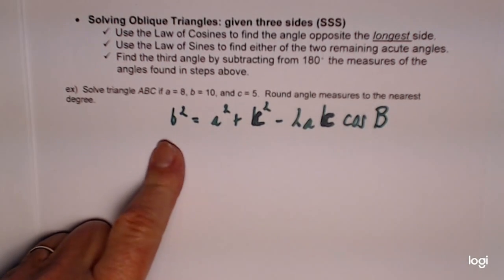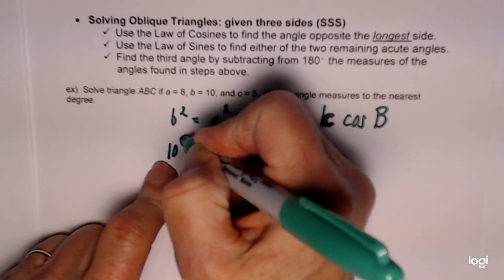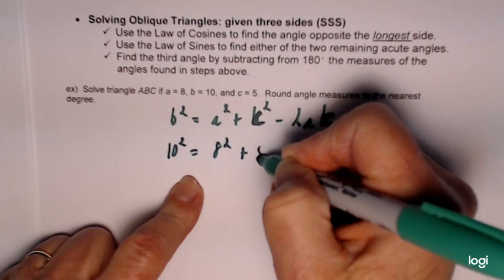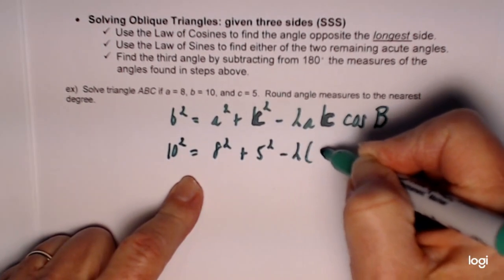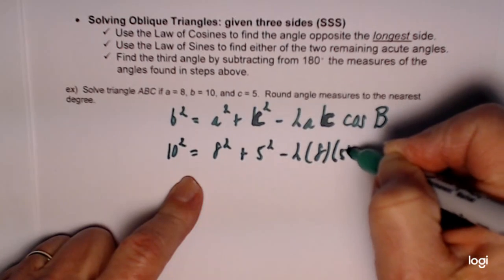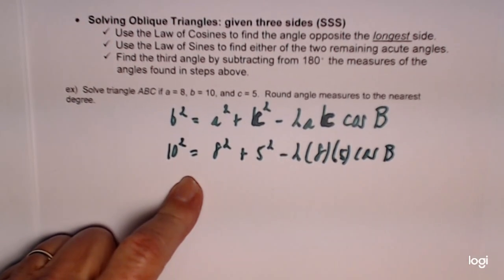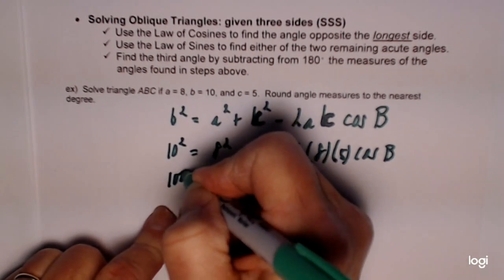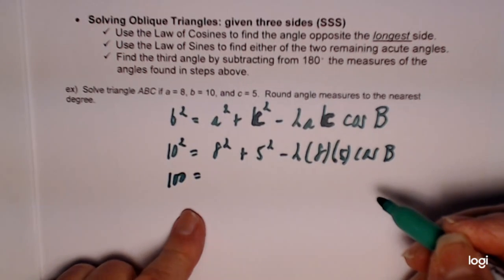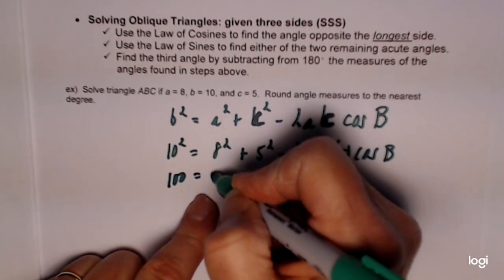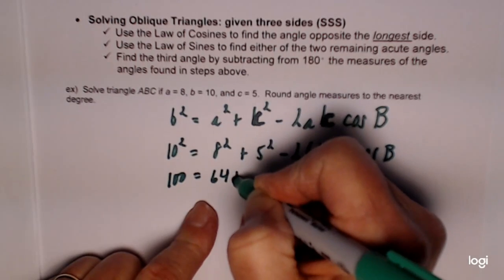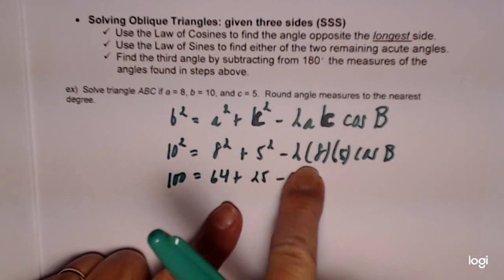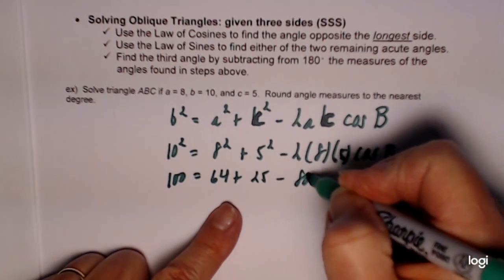Now let's put our information in. B is 10, so we have 10 squared. A is 8, 8 squared. Side C is 5, C squared, minus 2 times A, which is 8, times C, which is 5. And now cosine of B just has to stay like that because we don't know what angle B is. Again, I'm going to show the calculations in a couple of steps so you can follow along. We have 8 squared is 64, 5 squared is 25, and then minus 2 times 8 times 5, we have negative 80